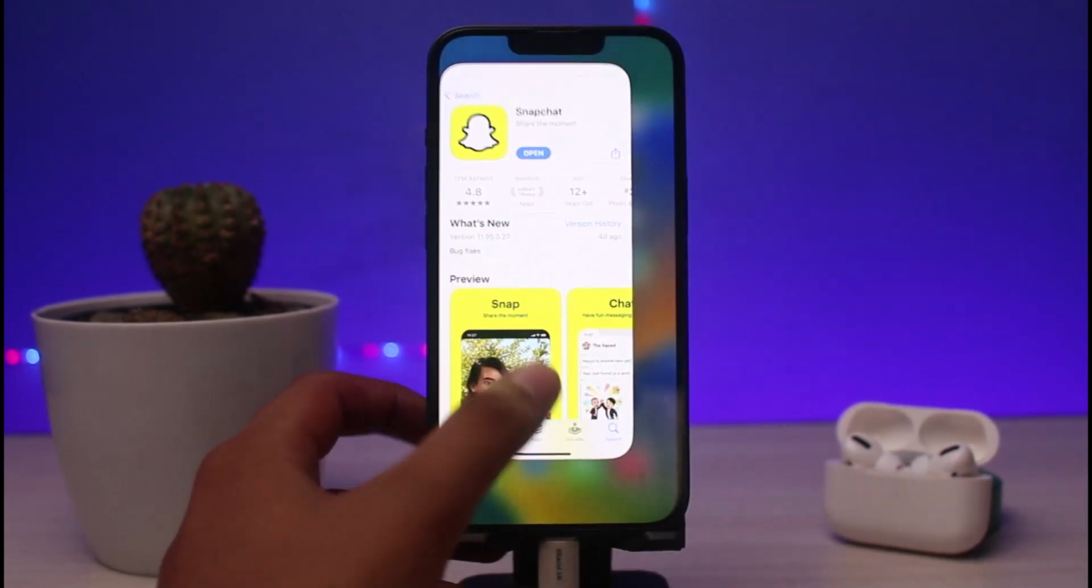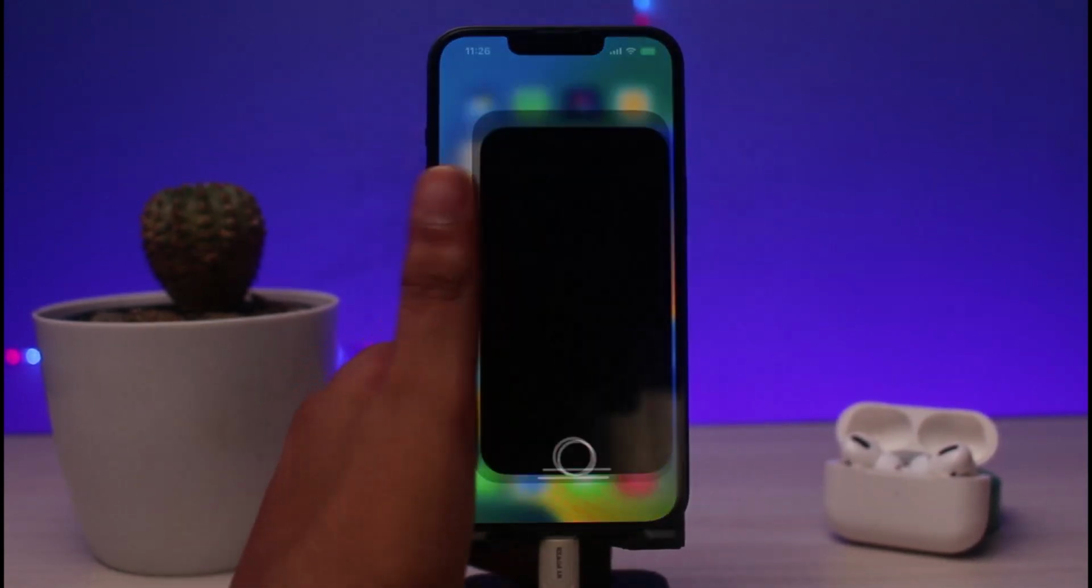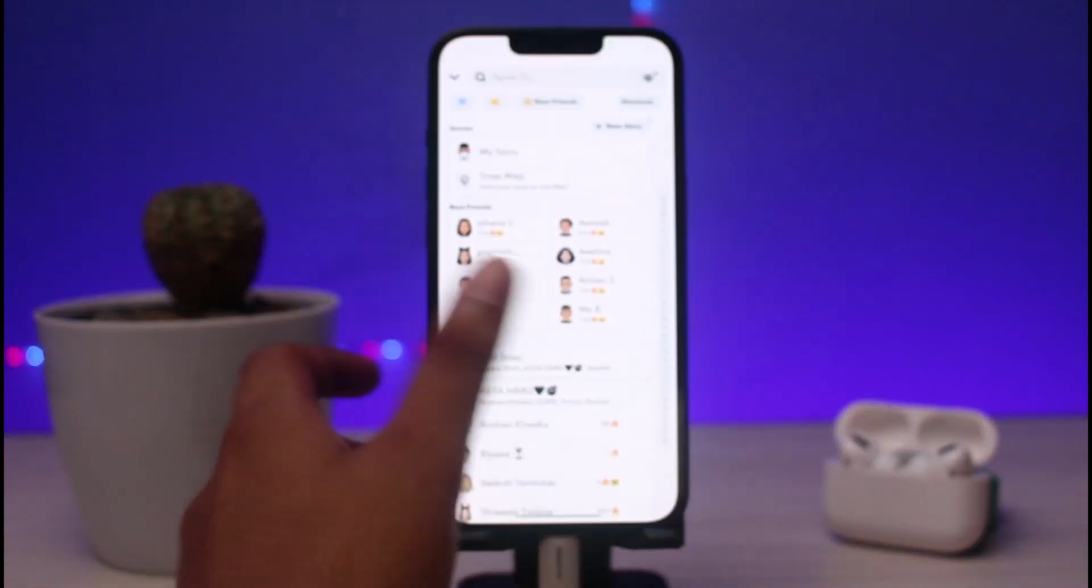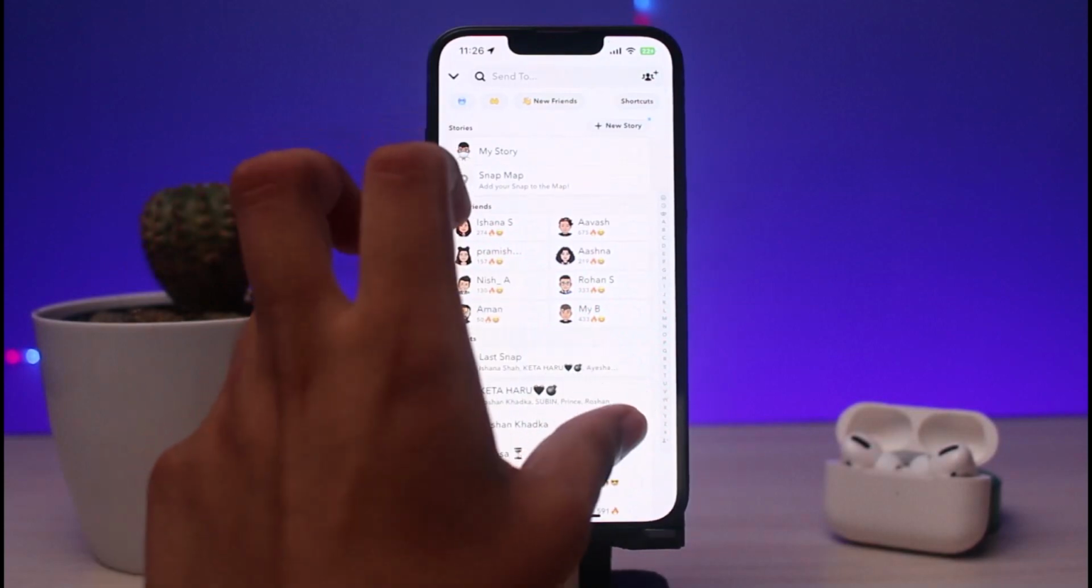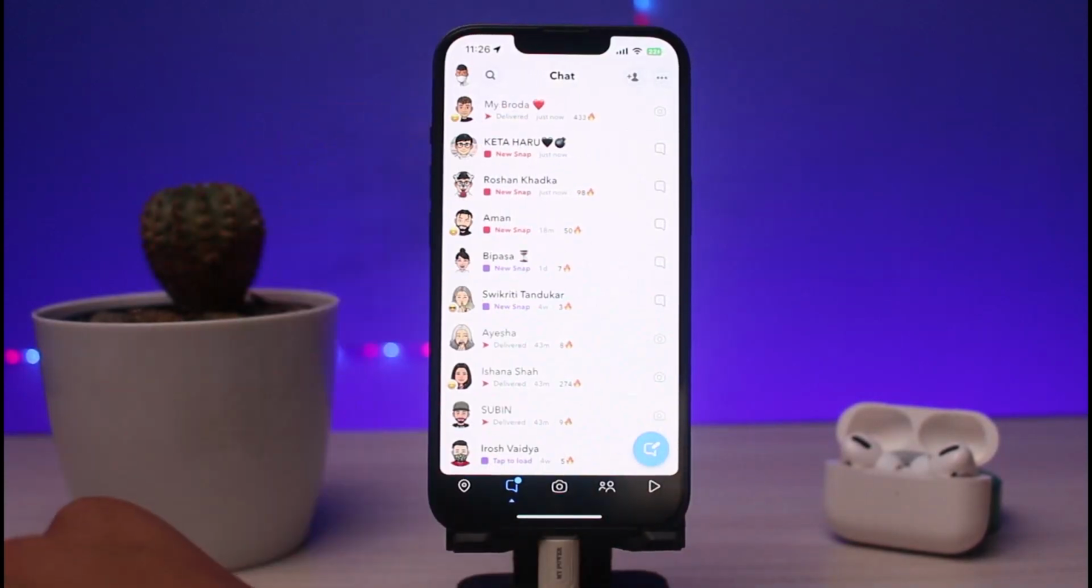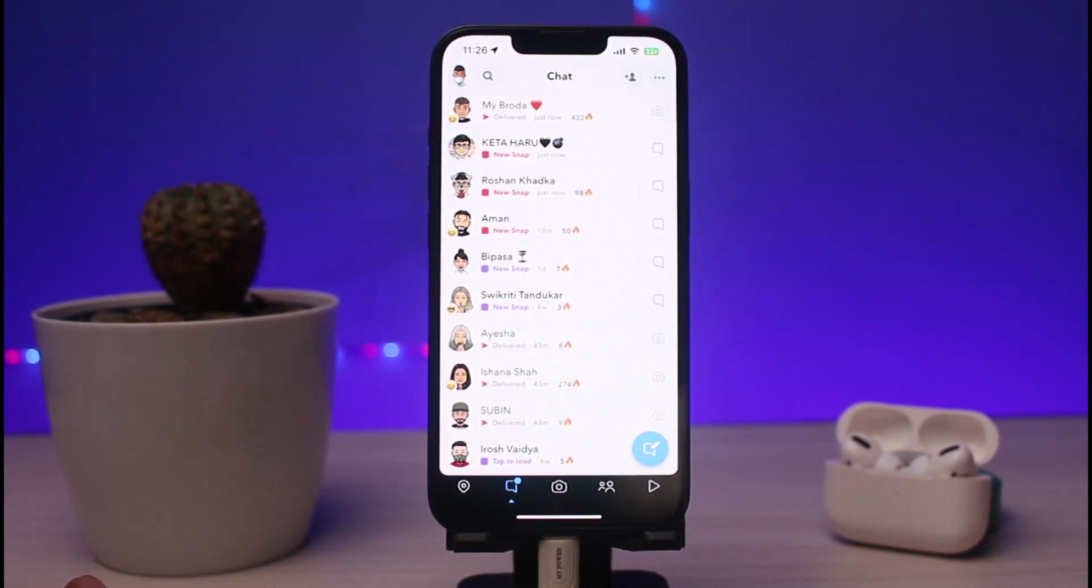So after that, you need to open Snapchat on a device and make sure that you are logged into your account. So let's say I click a snap and I send it to my friend. So currently it says it has been delivered, but if it is not able to be delivered or is not being sent,